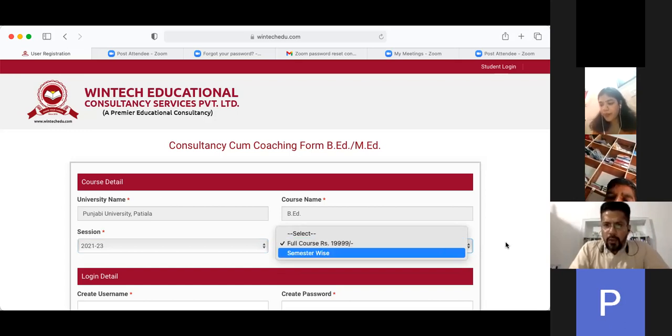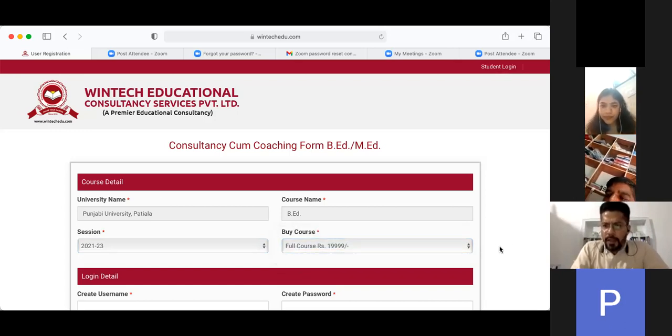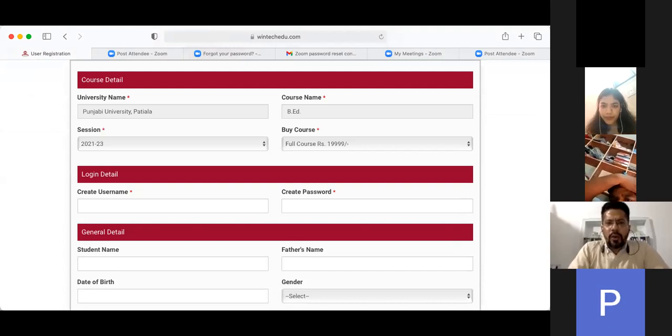Okay. So as I've clicked here, now I'm moving down. So now you have an option here. We are done with the course details. And now the second option we're coming to is create username and password. This is something you have to do by yourself, so you can create any password, using different characters.